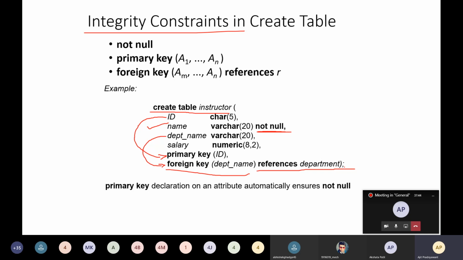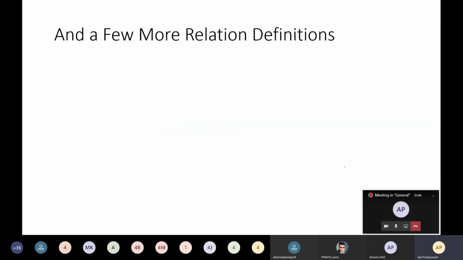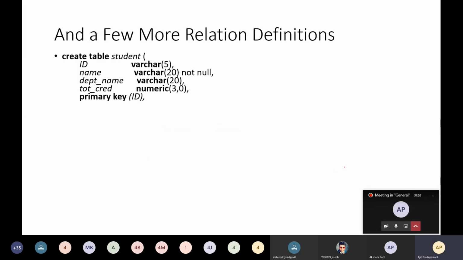Your primary key declaration on any attribute automatically ensures not null. There are a few more definitions. Suppose you created the table student. How to create the student table? Just mention ID as the name of the first column, that is the first attribute, then varchar 5. This is the data type that you have to decide to apply to that particular attribute.